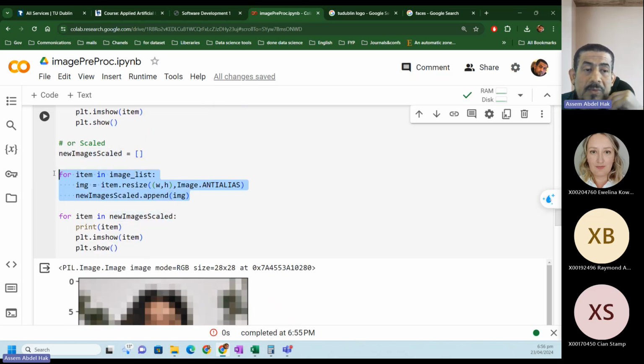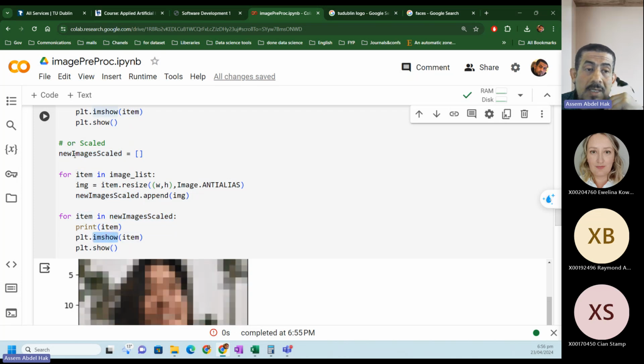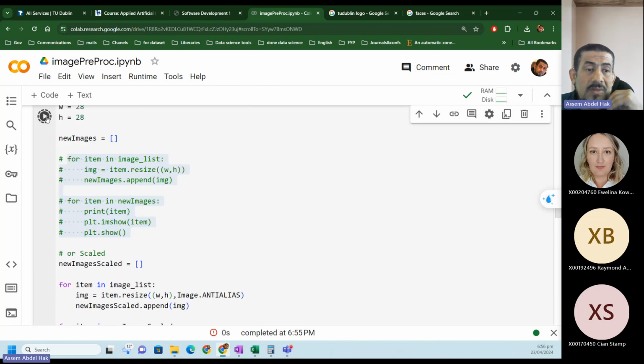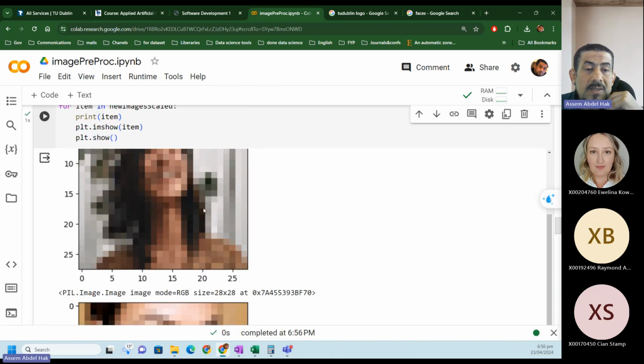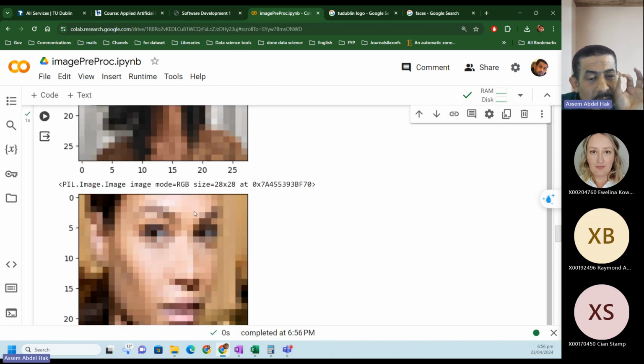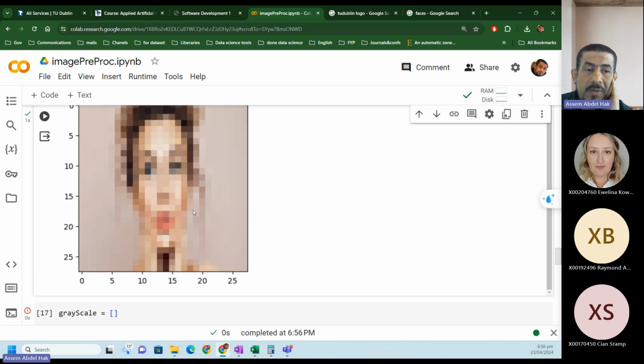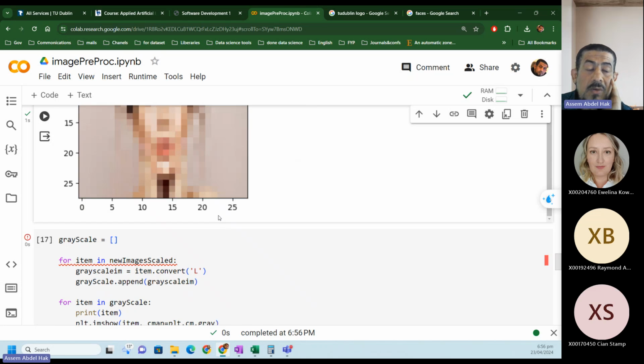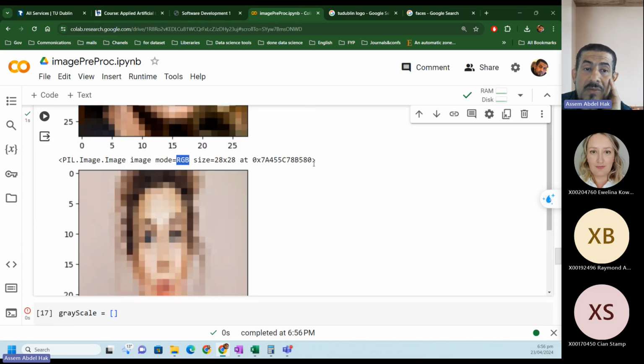So this is my job: now to resize it and put it in some list. But here I'm trying to access this list again, print the item, and show it to you. Okay, so I don't need this now, and I will run the code according to this. So yeah, it gives me the same image, maybe smoother than before, but still 28 times 28, and the mode is RGB. Okay, now let me show you how to convert the mode